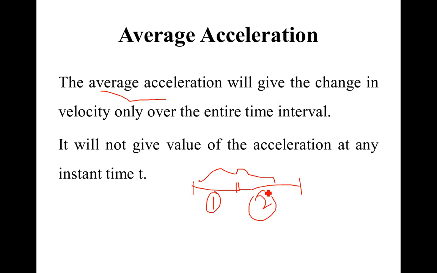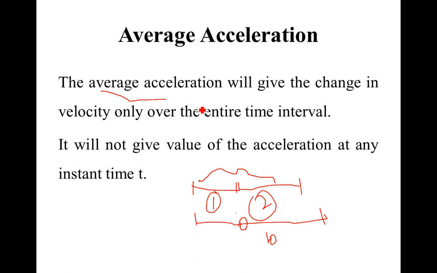Instead of adding up separately and going for the average, if you go for the acceleration value for the whole time period also, it is the same. So this is the average on the whole. Average acceleration will not give the value for one particular time. For example, the acceleration for the whole time period is 10 minutes. I cannot find the value of the acceleration at the second minute or first minute, like that. It is called average acceleration.